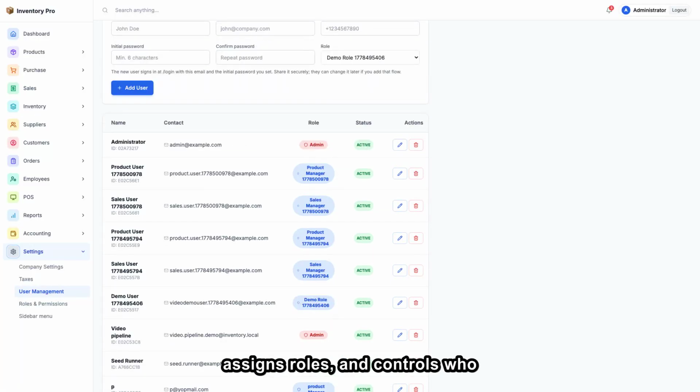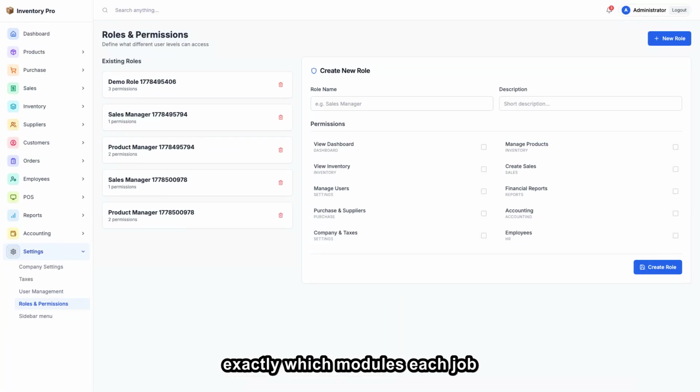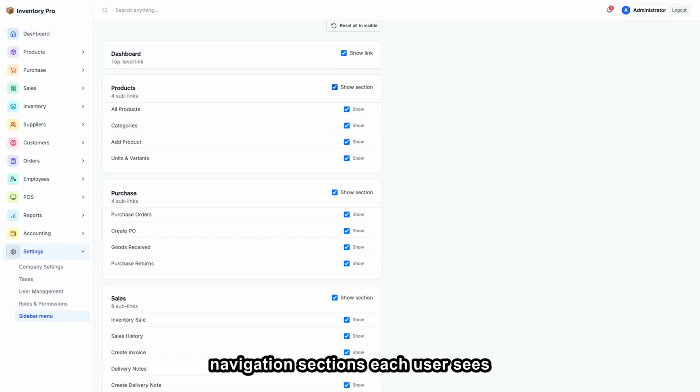User management adds staff, assigns roles, and controls who can sign in. Roles and permissions define exactly which modules each job title can access. Sidebar menu controls which navigation sections each user sees in the